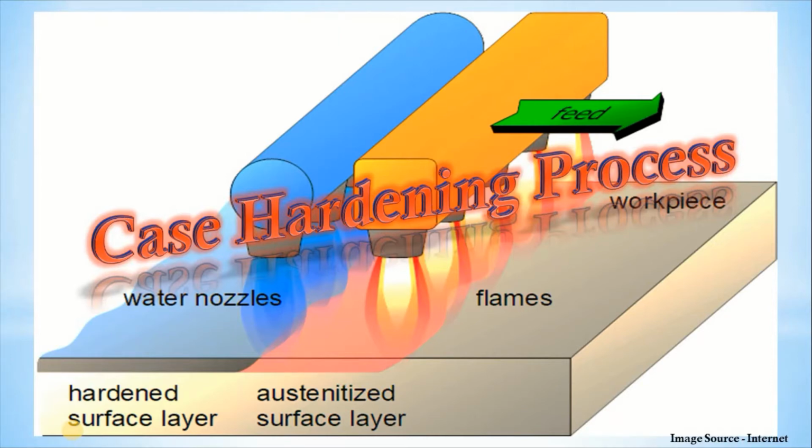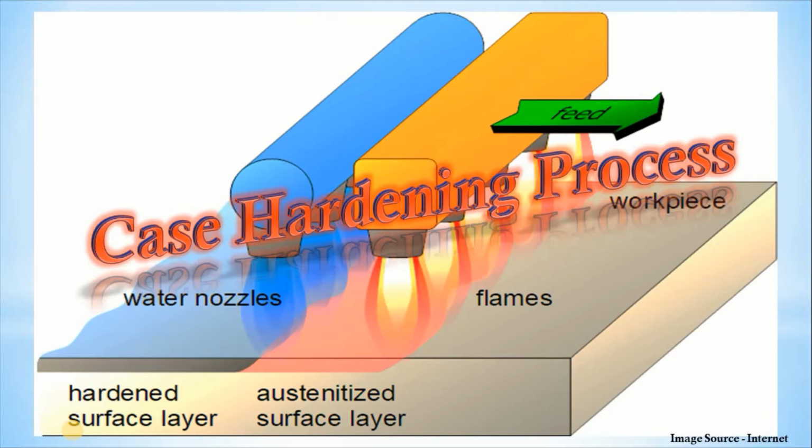Case hardening is a technique we use to improve the durability and appearance of the metal surface, in which the metal surface is reinforced by adding a thin layer of another metal alloy at the top surface. That thin layer of the alloy is generally much harder and more durable than the original base metal.